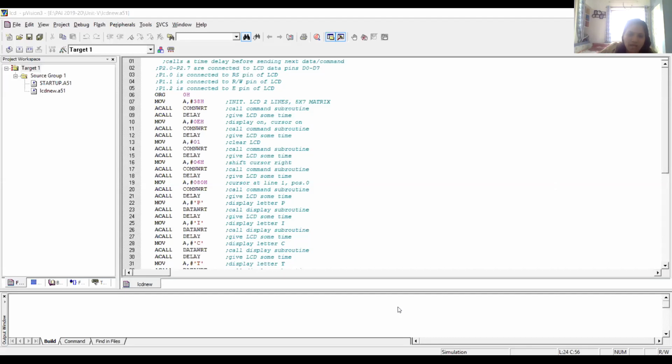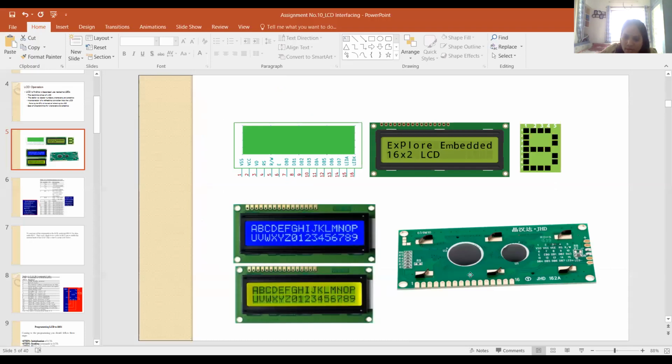For that purpose, this type of device we are using. This is called an LCD panel. This LCD panel we are connecting with our 8051 kit. In our lab, we are using the Dynalog kit, on which 8051 is present by default. Now what we are doing? In Keil, we are writing a program. That program is burned on your 8051 kit. The program is loaded into the 8051 ROM, because the program is present in ROM and data is present in RAM. So it's permanently saved.